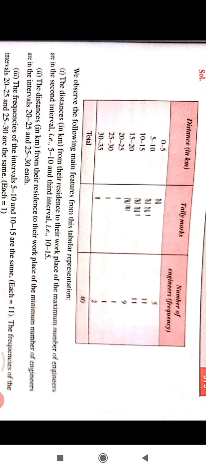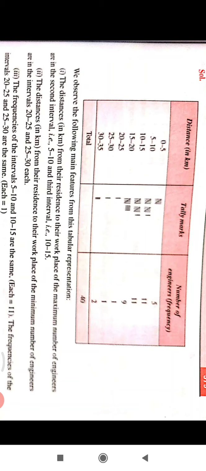Next, 10 to 15. But we know that. Consider the numbers between 10 to 14, means 10, 11, 12, 13, 14. How many numbers are given there? You can calculate, there will be 11 numbers. So also do as above: 4 standing lines, 1 slanting line, 4 standing lines, 1 slanting line, that is 5 plus 5, 10, and 1, 11.